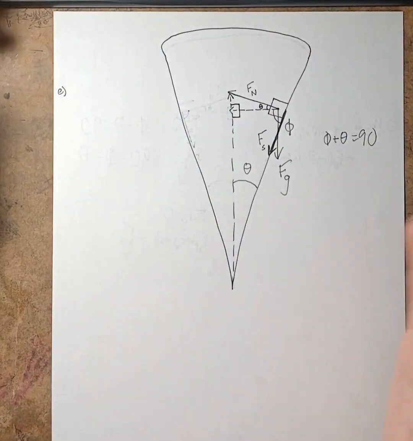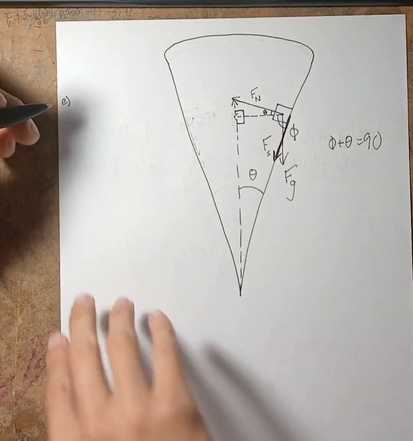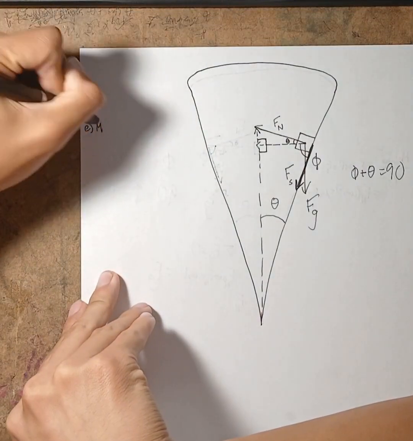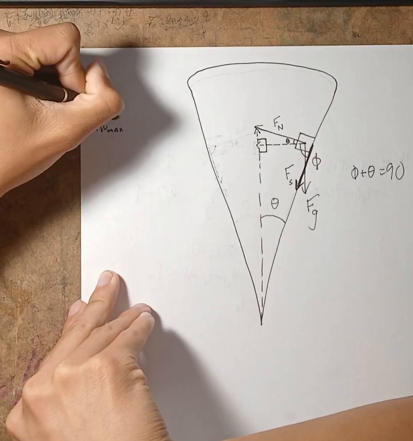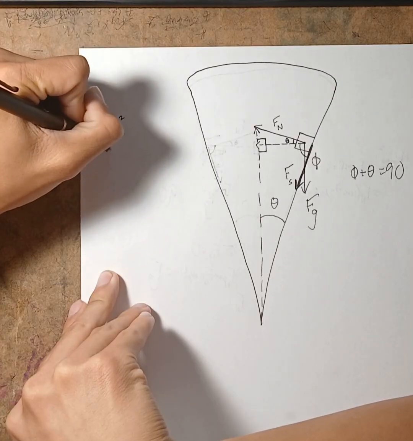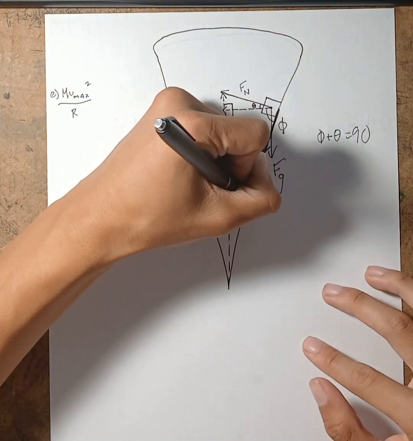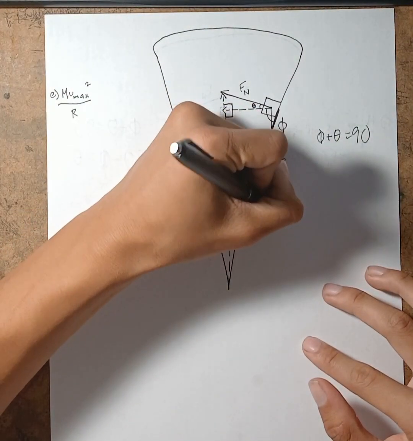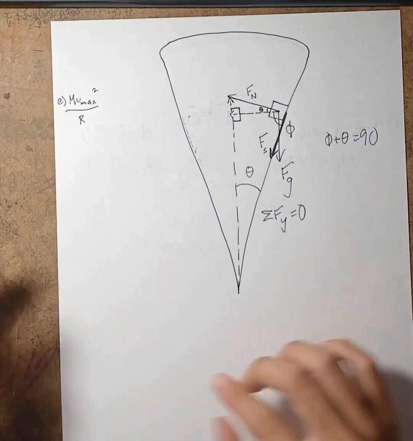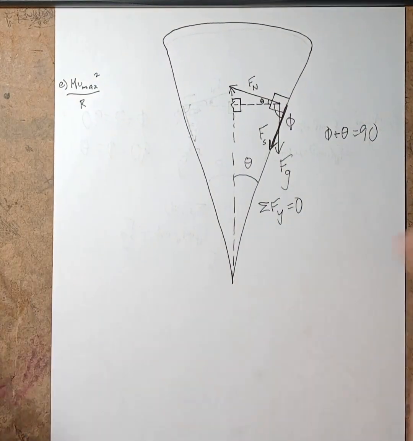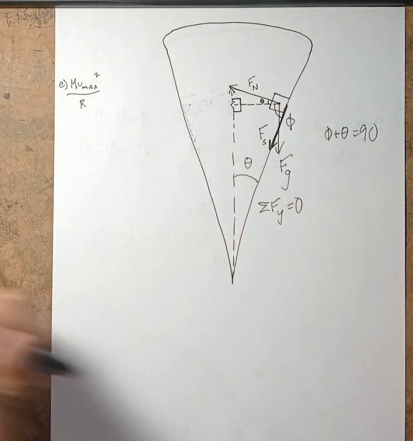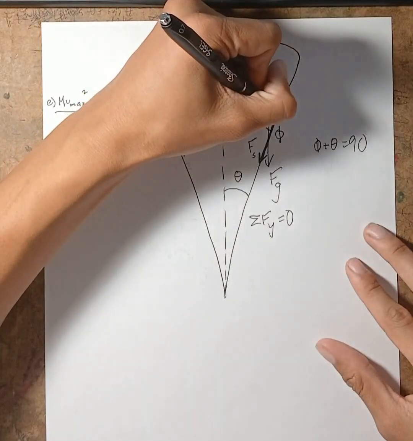Now, in order to find the function for max speed, we can use centripetal force, m v max squared over r. And we will also have to analyze the forces in the y direction, which ultimately add up to 0. Now, starting with centripetal force. What is the definition of centripetal force? The net force pointing in the center of your circular motion. And so, in this case, that would be